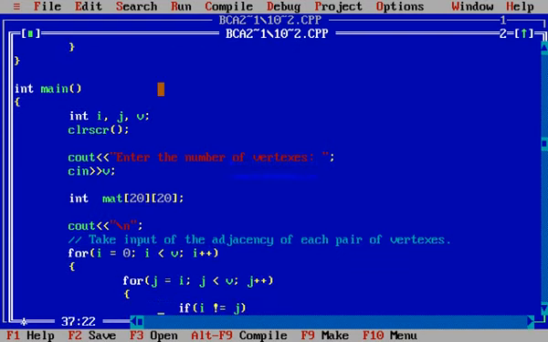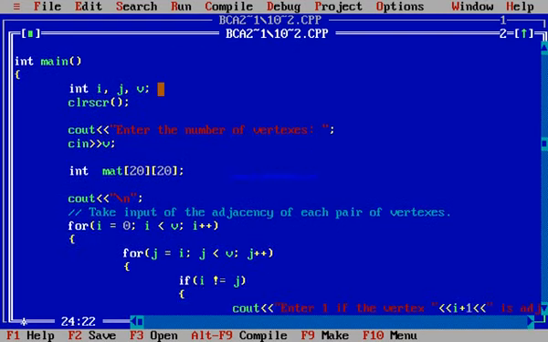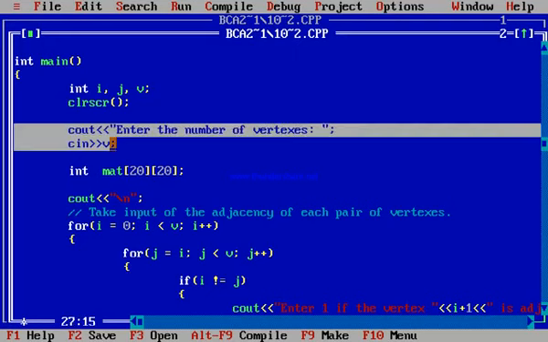First of all, we should see the main function. In the main function, you can see that I write a message, enter the number of vertices. This message is necessary for the number of vertices.